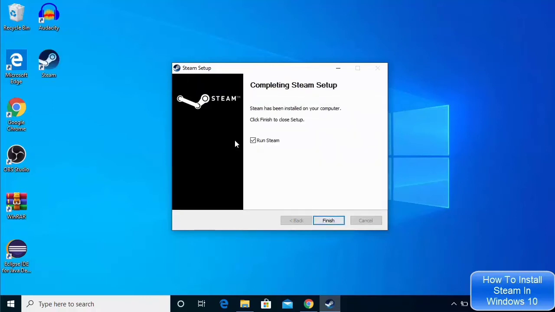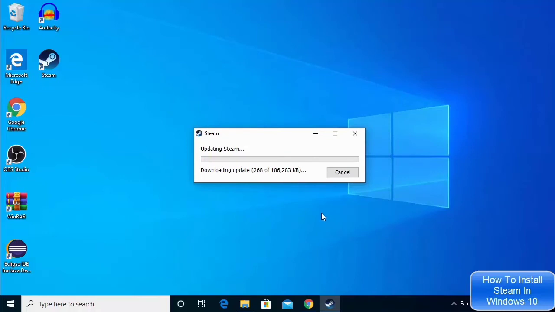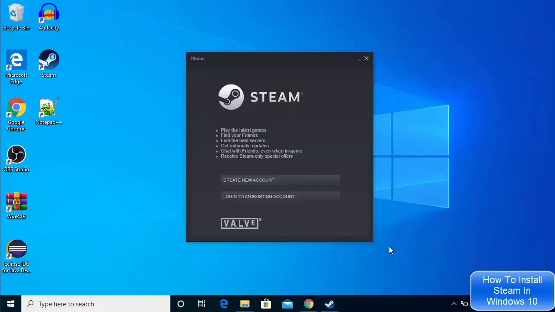And it's that fast to install Steam on your Windows 10 operating system. You can see this icon is also created on my Windows desktop, and you can see this checkbox is already checked. When I click on finish, Steam will launch on my Windows 10 operating system. Now at this point it's going to say downloading updates, so you need to wait for some time for the updates to finish. So now after some time I can see this window where I can create a new account,